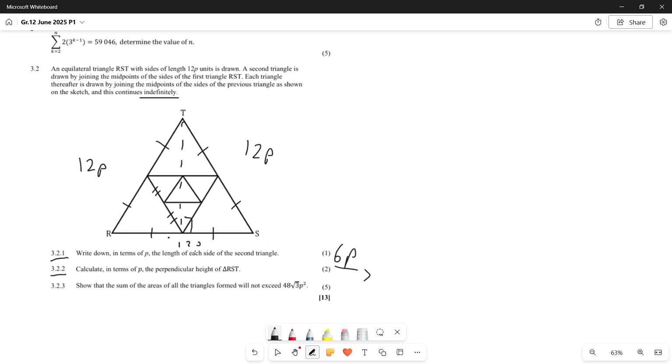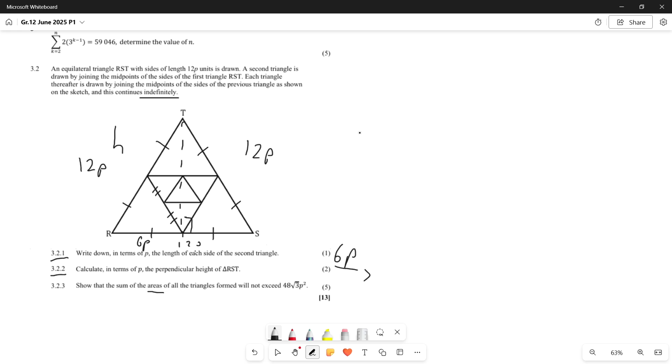So perpendicular height of a triangle in terms of p means we should have at least 2 values. The most common way to get perpendicular height, if we aren't working with area, which we aren't working with area yet because that's only coming up here, is to do Pythagoras. So we have a hypotenuse. The hypotenuse is 12p, and we also have 1/2 of RS because these are midpoints, which means that R up until here is 6p because the other 6p is on that side, which means we are dealing with a right-angled